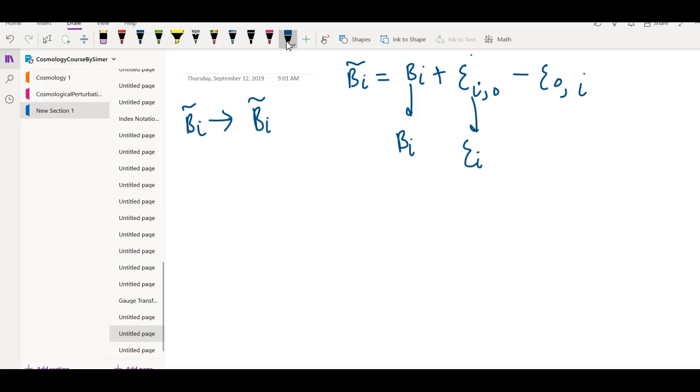This is xi i 0 in k space, and xi 0 i becomes